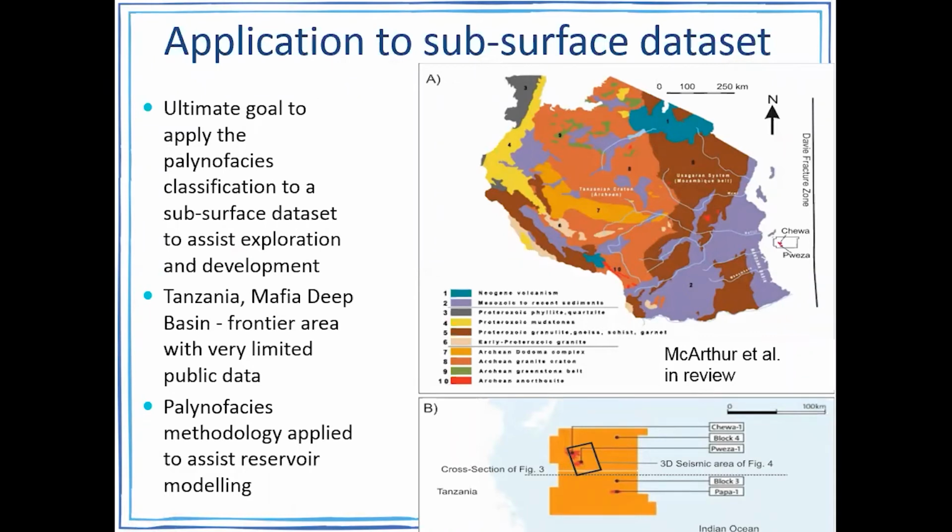But the ultimate goal here was to apply the Palynofacies classification to a subsurface dataset in order to assist exploration and development. And this was applied to samples from offshore of Tanzania, specifically from the Mafia Deep Basin, which is a frontier exploration area with very limited public data, but within which